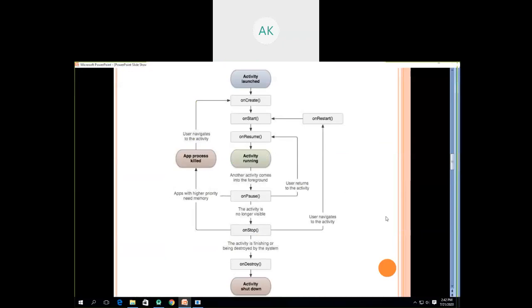Now your job for today is to install Android Studio along with the JDK and the Android SDK, and practice the Android activity lifecycle. If you have any doubt in this, you can ask me in the next lecture. So your homework for today is to install Android Studio along with the Android SDK, and based on that start your Android activity lifecycle demonstration.